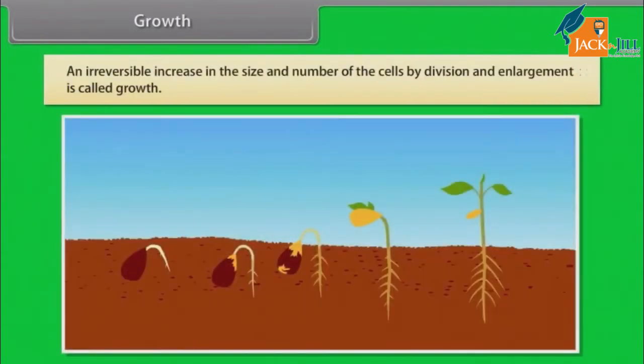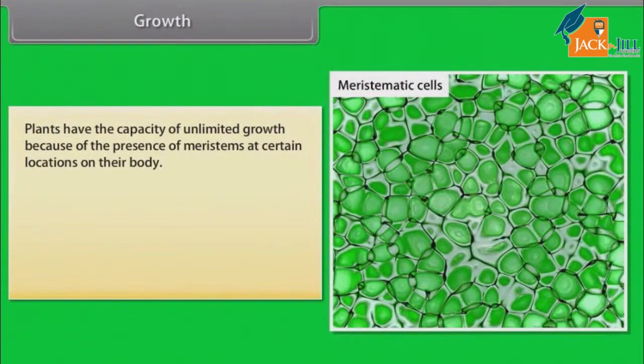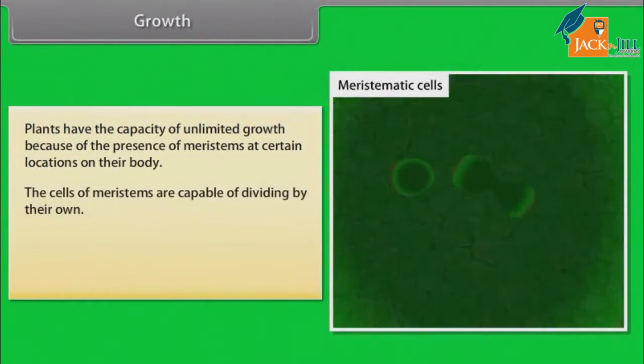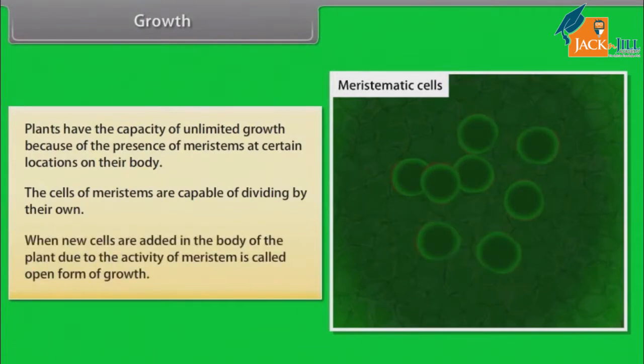Growth. An irreversible increase in the size and number of the cells by division and enlargement is called growth. In plants, the growth generally is indeterminate. Plants have the capacity of unlimited growth because of the presence of meristems at certain locations on their body. The cells of meristems are capable of dividing on their own. When new cells are added in the body of the plant due to the activity of meristem, it is called